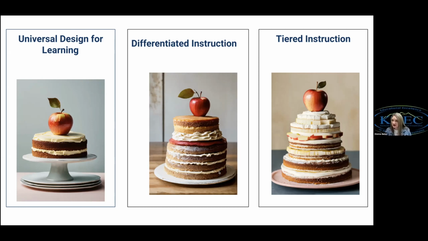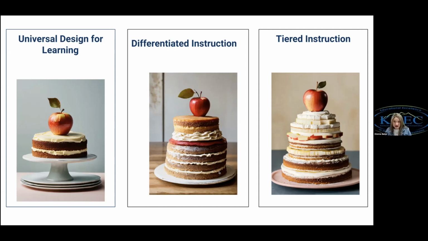And then we move to tiered instruction. So that's where tier 1, tier 2, tier 3 occur. And that's how we move students, right? Again, we decrease the group size, and we increase the intensity and the frequency of how we provide them research-based interventions. So all of these happen before